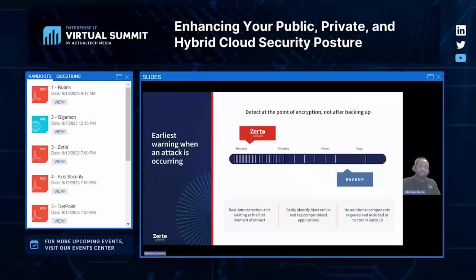What we're doing, we're monitoring as encryption happens, and we're detecting within seconds, allowing teams to take action. So for that first moment of impact, you'll get an alert, and administrators can assess if that's a false positive or if there's something really going on here. And because it's on a VPG basis, you're going to be able to identify that so-called blast radius easily as well.